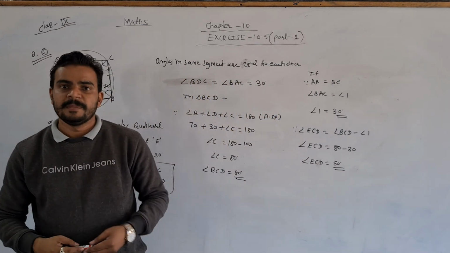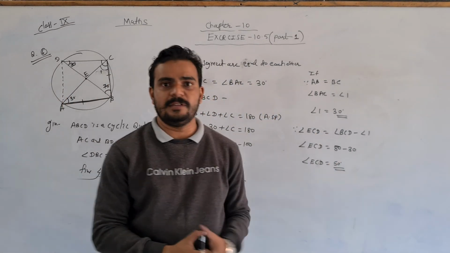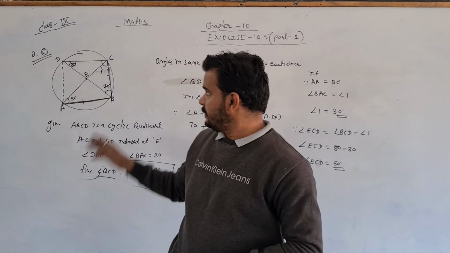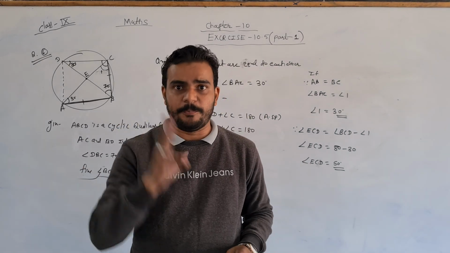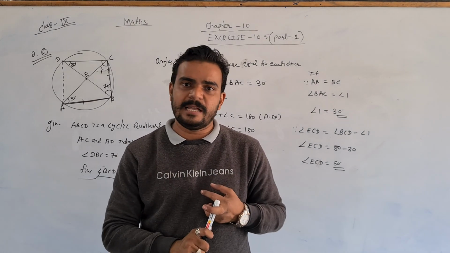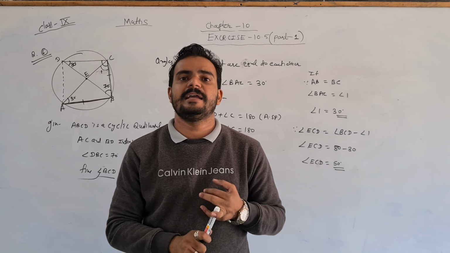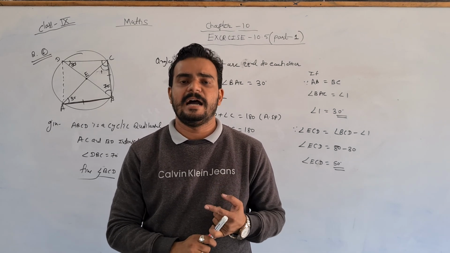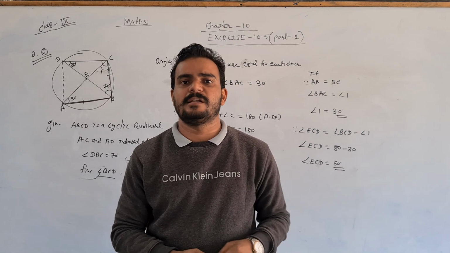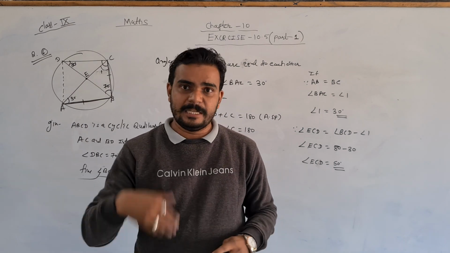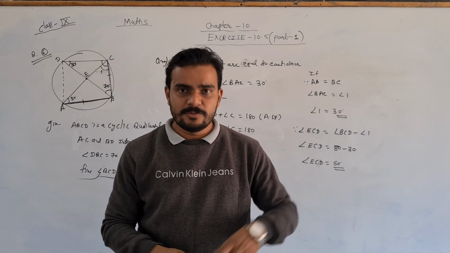This is our answer. So I hope you understood this sixth question very well. And if you face any difficulty, then you can ask. But this is a question based on these three properties I explained. First of all, angles in the same segment are equal to each other. Second, the angle in a semicircle is always 90 degrees. And third, the angle at the center of a circle is double that at the circumference. Based on these properties, these 6 questions are solved, and the remaining 6 we will solve in the next class.